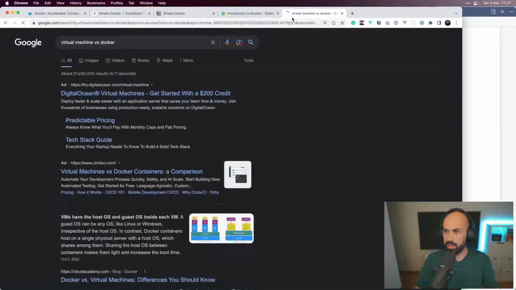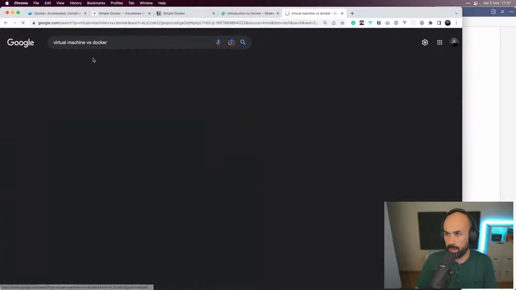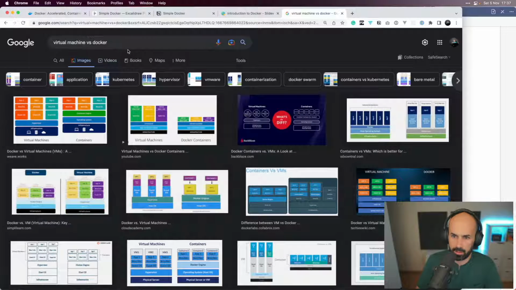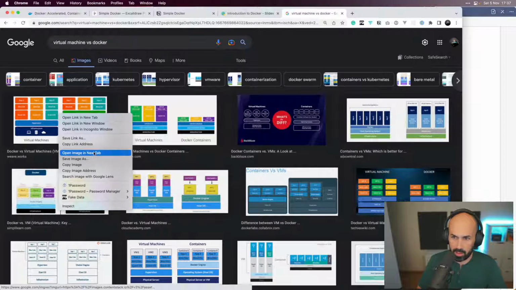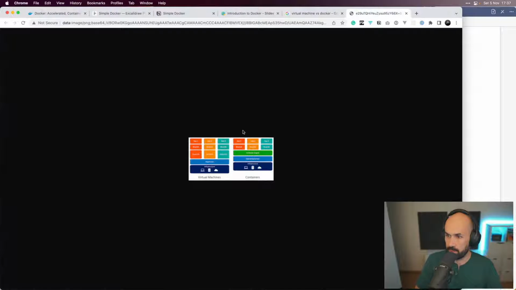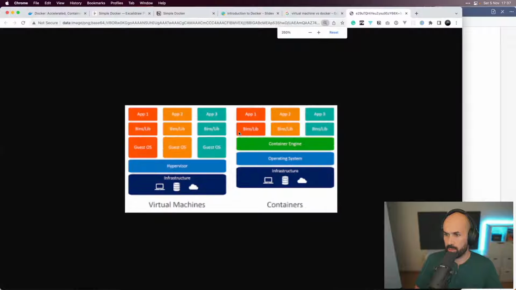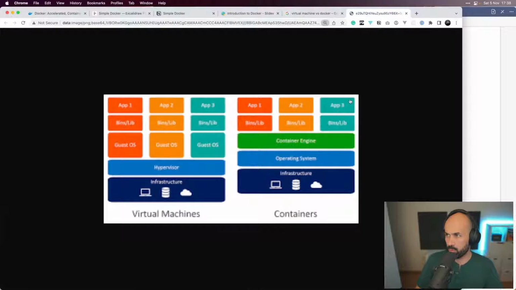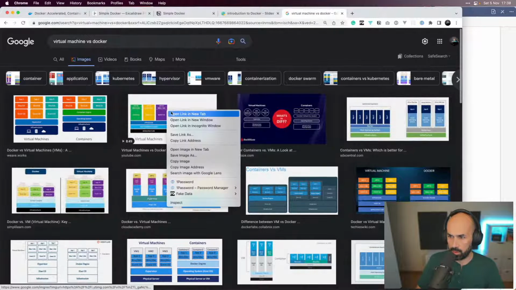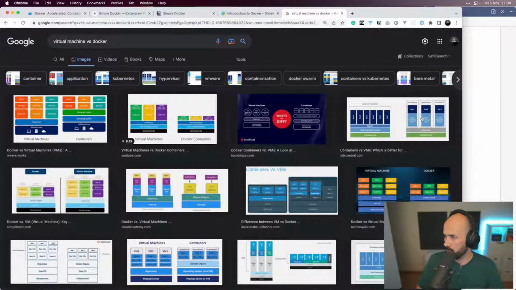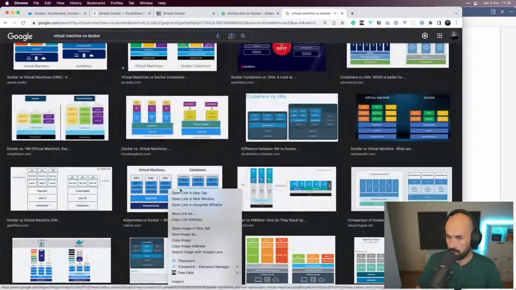there's one slight difference. I'll try to find it. There we go. All of these pictures are most likely showing the same thing. Maybe this one.